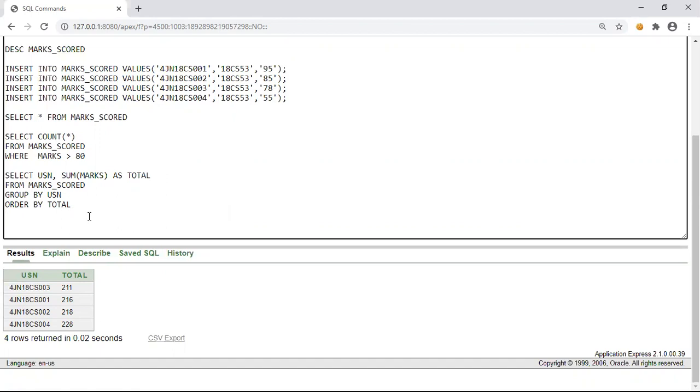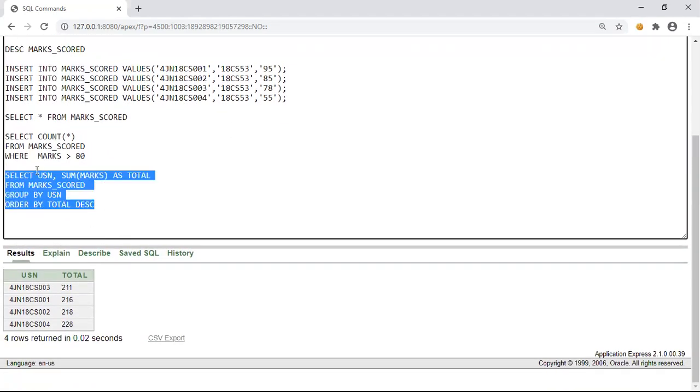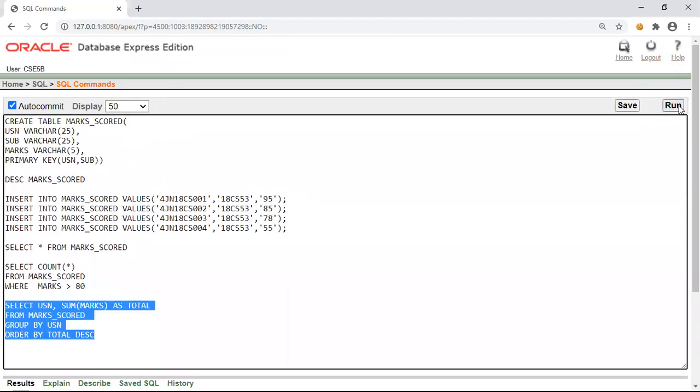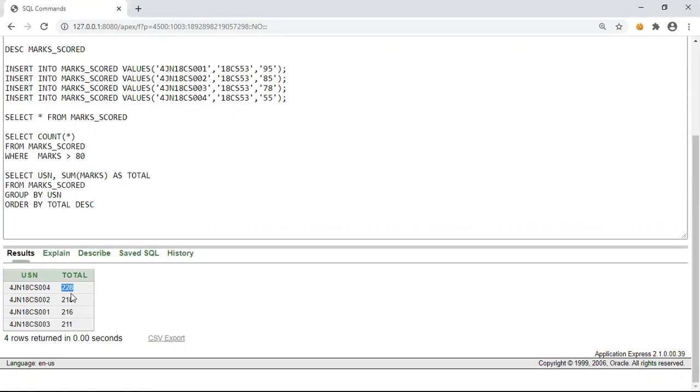The default sorting in an RDBMS package is ascending order. But if we want it in descending order, we can specify it using the keyword DESC. Now you can observe it is sorted in descending order, so the highest total marks is at the top, of student 004.